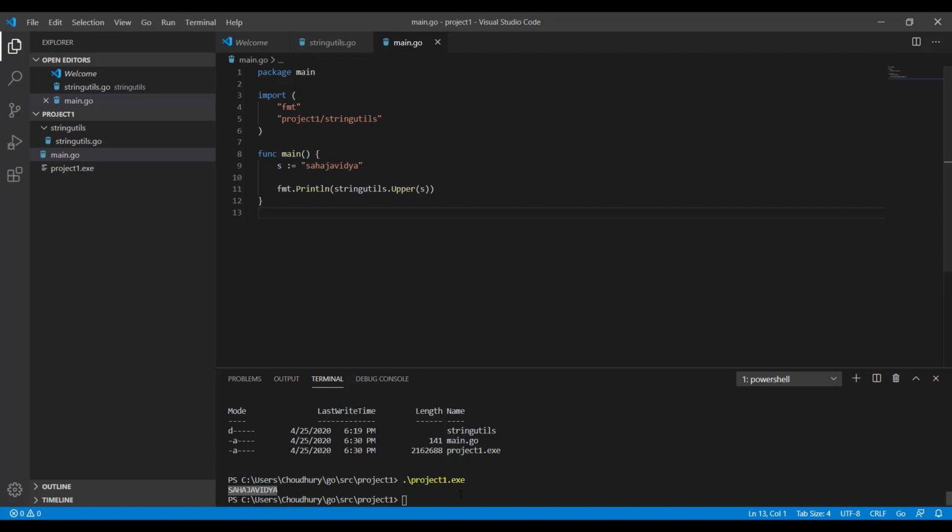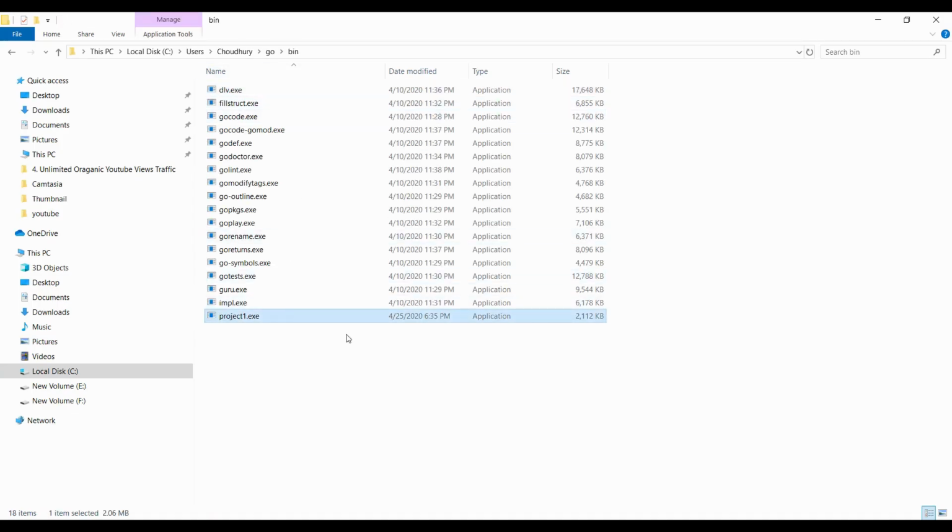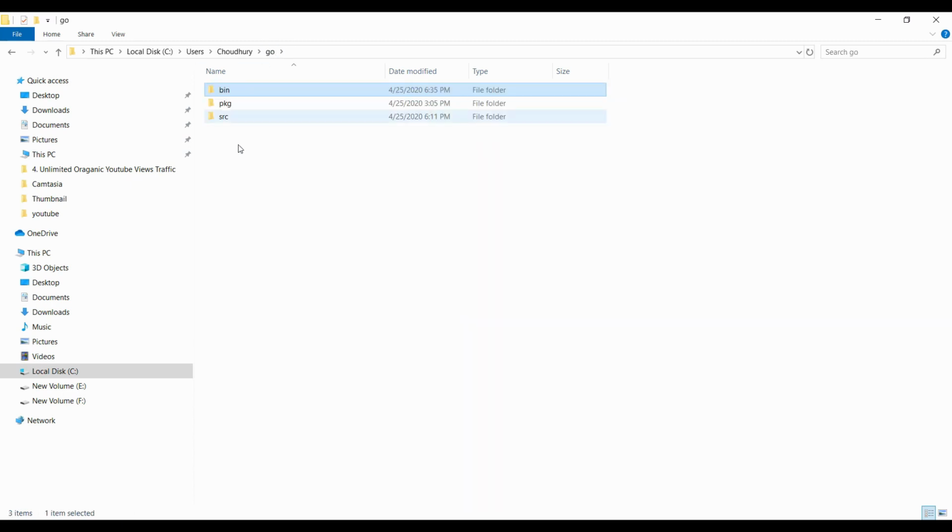If I do go install, it will install the binary inside the bin directory. So let's go and check. If I go in bin, see project1.exe is now created. So inside your GOPATH, there are bin, pkg and src. Bin contains your binaries, pkg contains your package objects, and the src directory is your workspace. Inside that you will have your multiple projects.